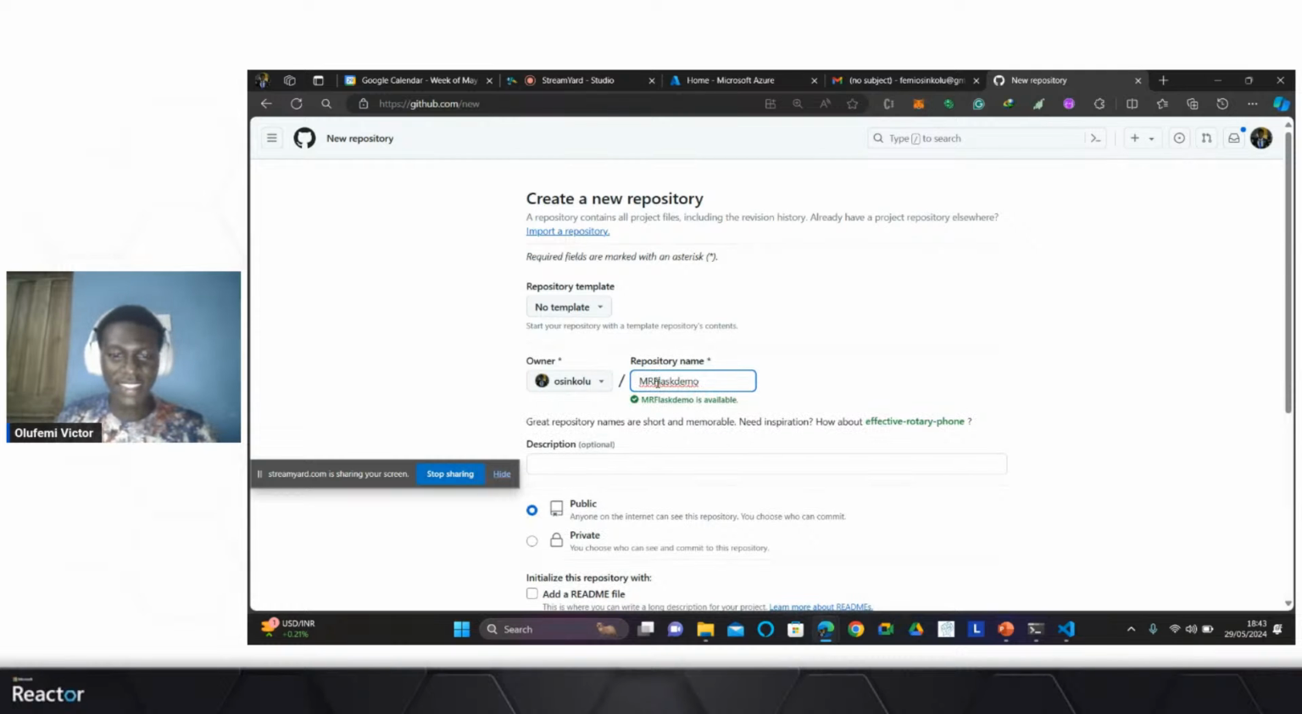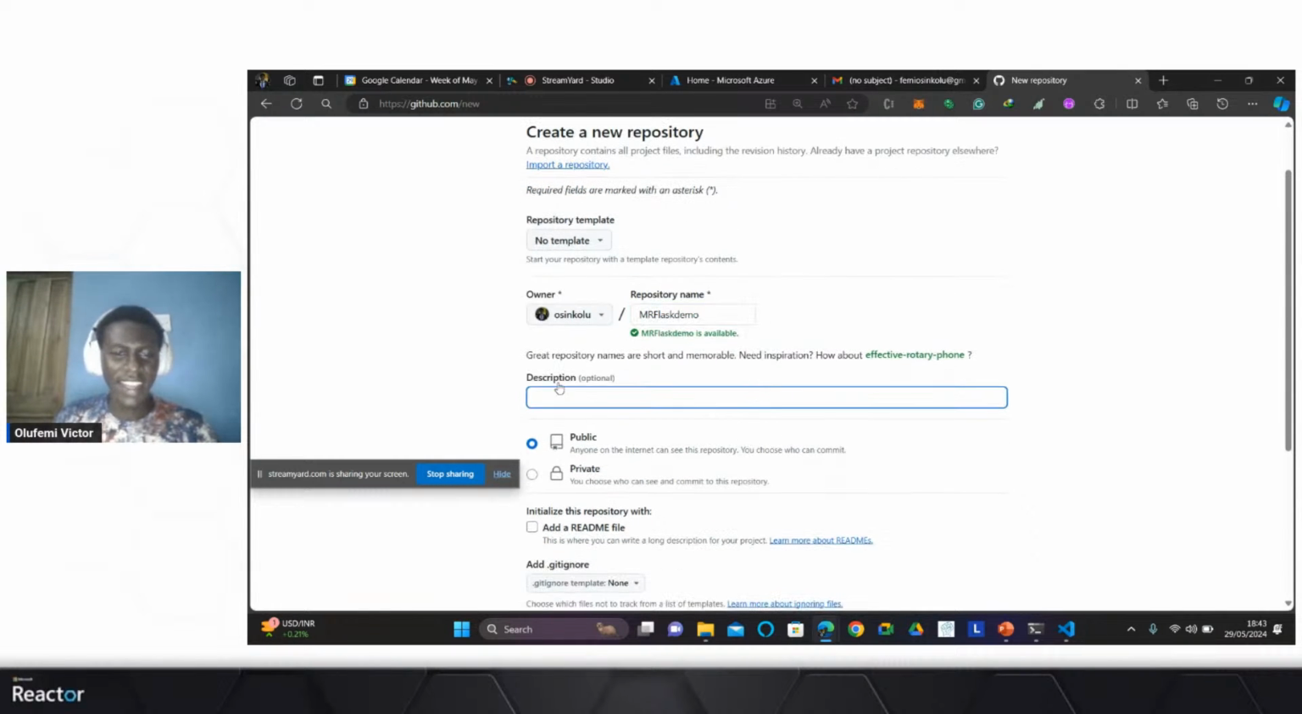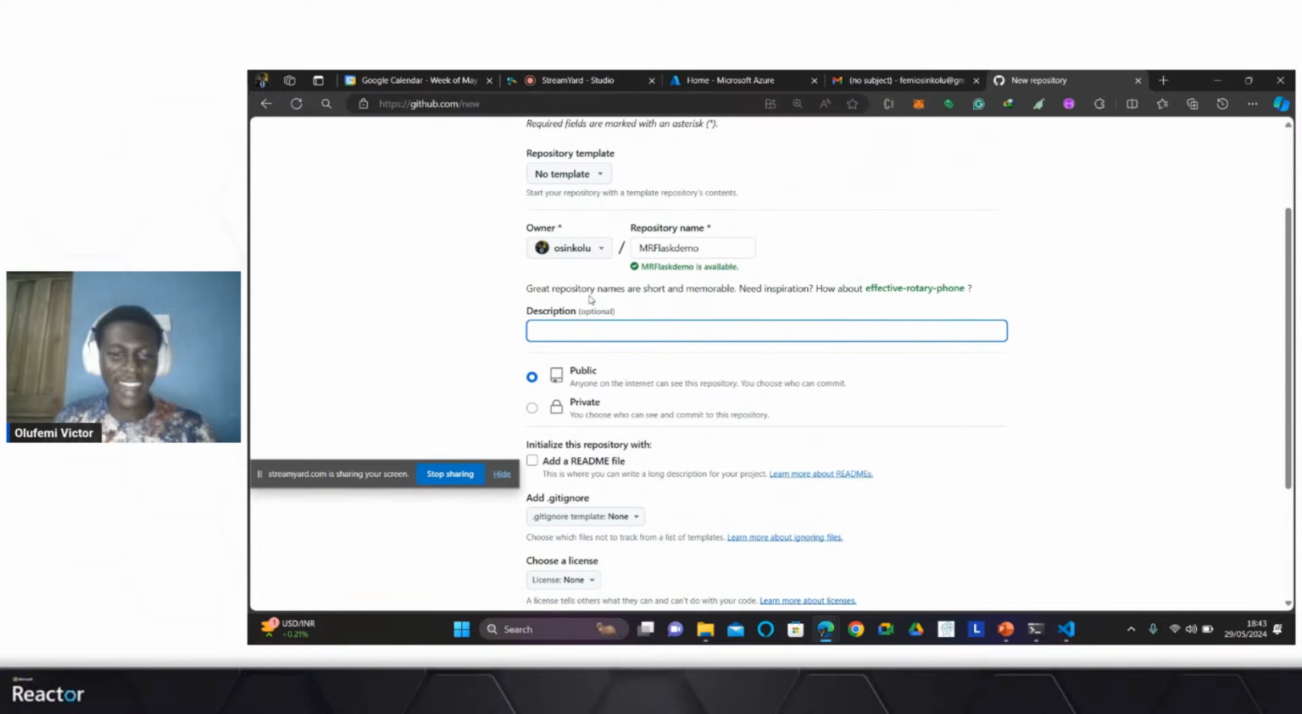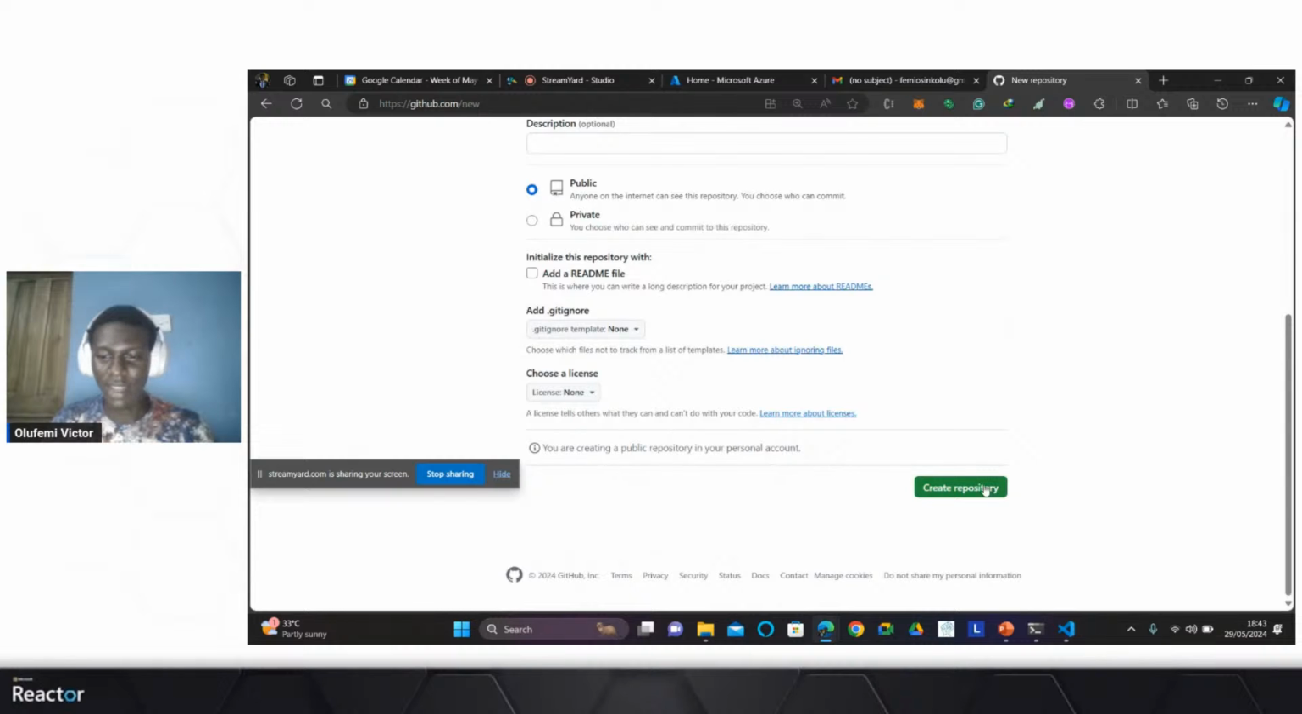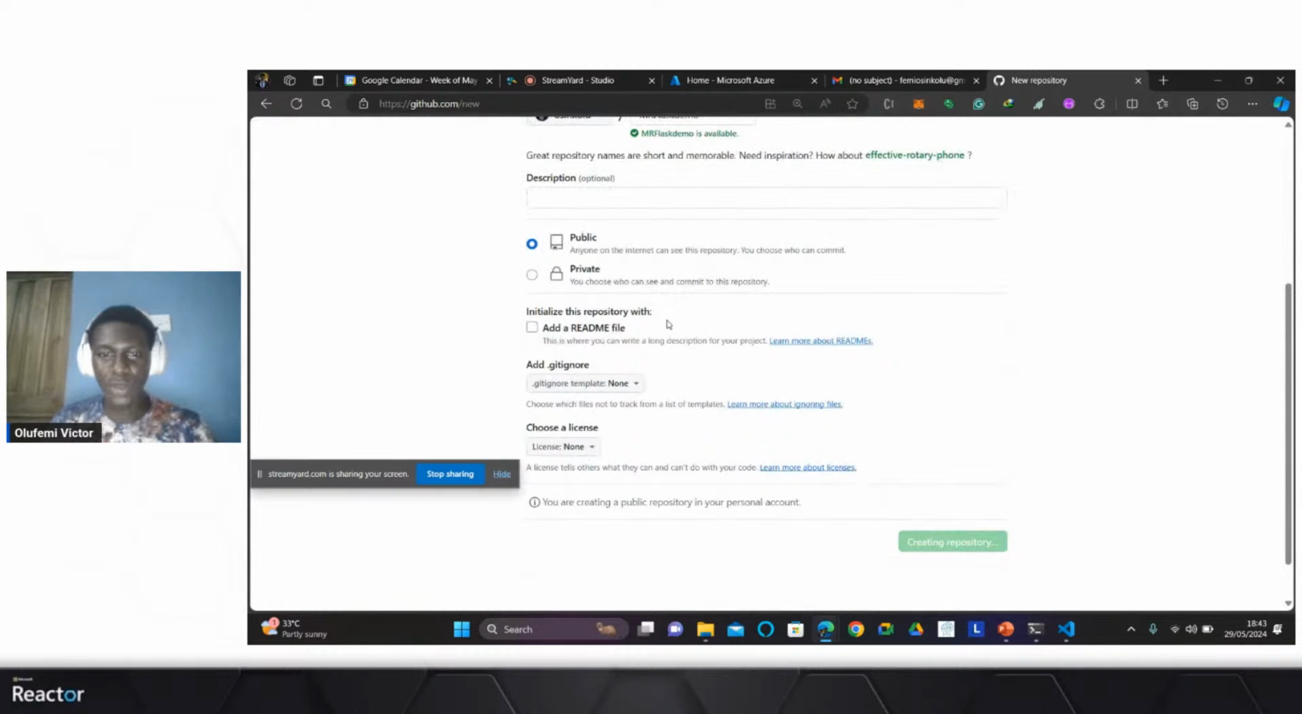I think this looks like a cool name, right? And I'll just leave the description for later. If you'd also like to send a pull request, I'm going to make it open so you can feel free to. Probably should not add a readme since I already have it locally. So I'm going to create the repository,